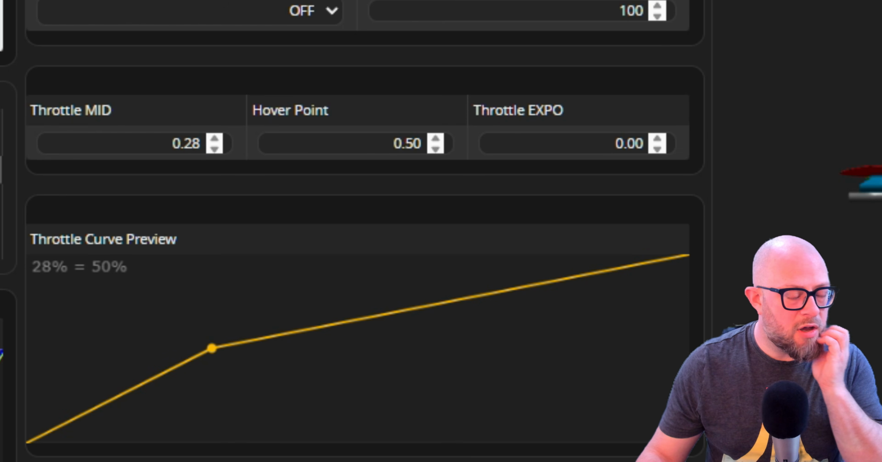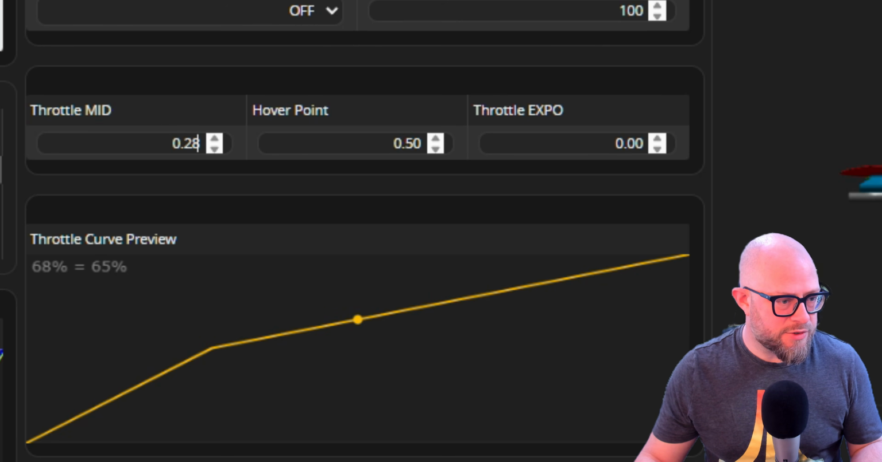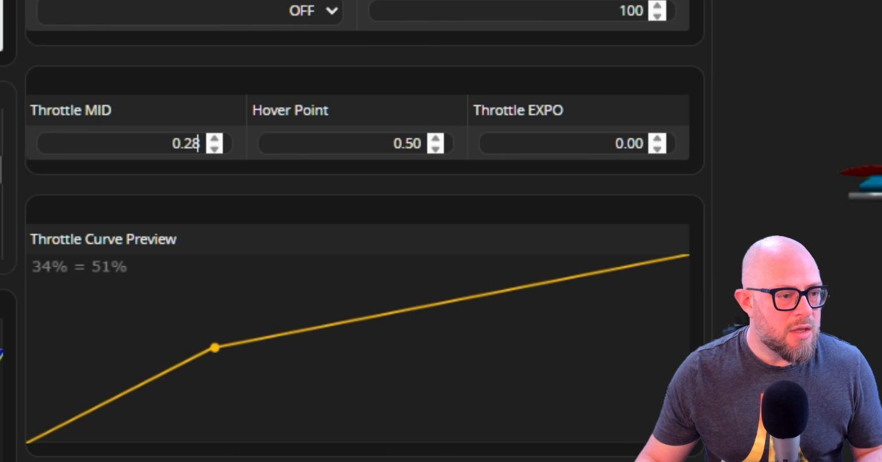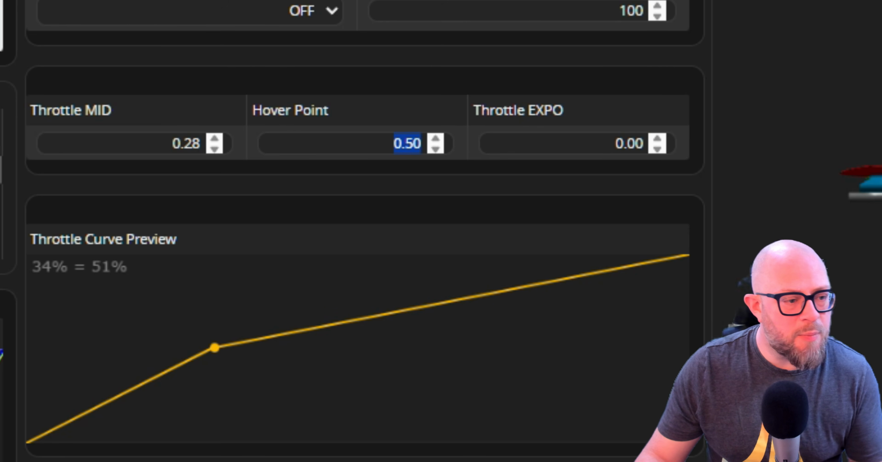And look what happens to the curve. It goes all a bit bananas. We've got this horrible peak. Obviously, if you were to fly it like that, it would be disgusting. So now we put a hover point in. And our hover point is going to be 10% above our throttle mid. So we'll round up 10%, which would be effectively 10 or 11%,